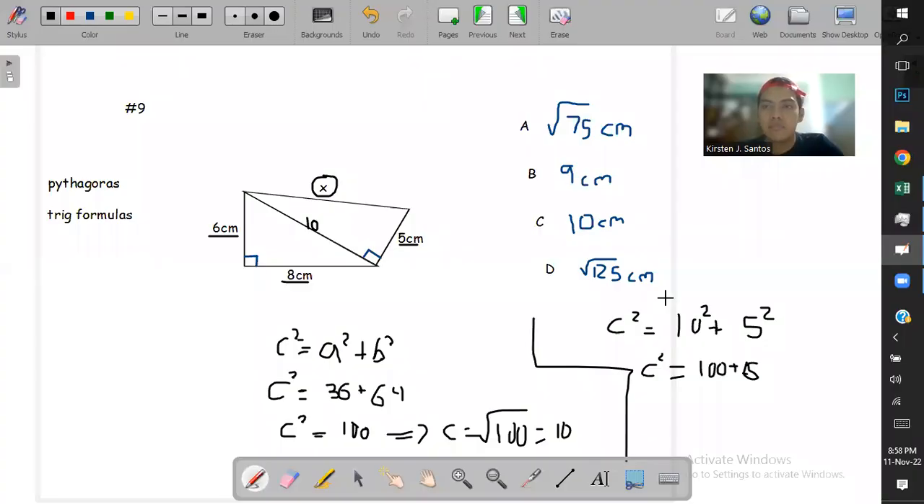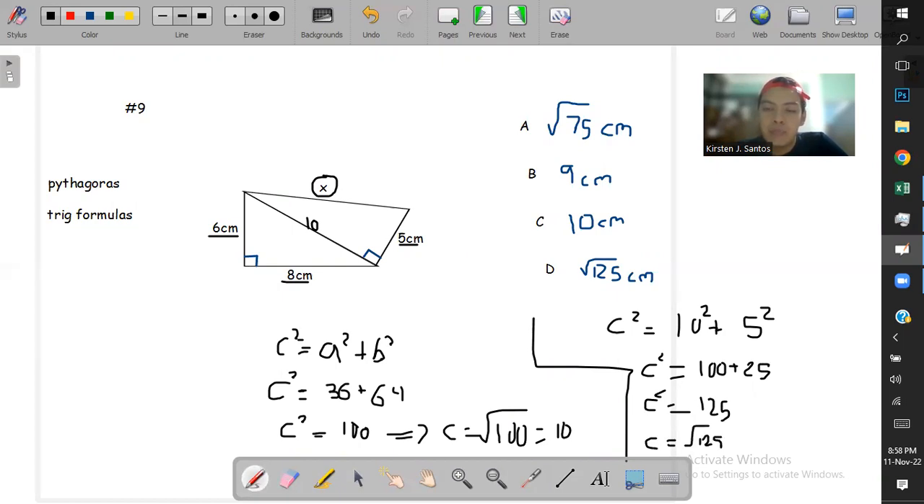Okay, so once we have c squared is equal to 10 squared plus 5 squared, we know 10 squared is 100, and 5 squared is 5 times 5, which is 25. So c squared is equal to 125. So c is equal to the square root of